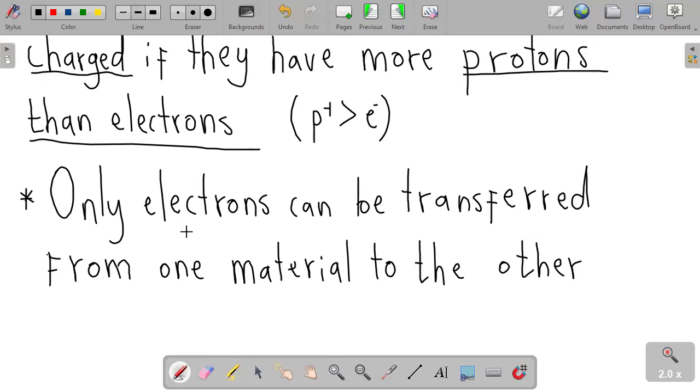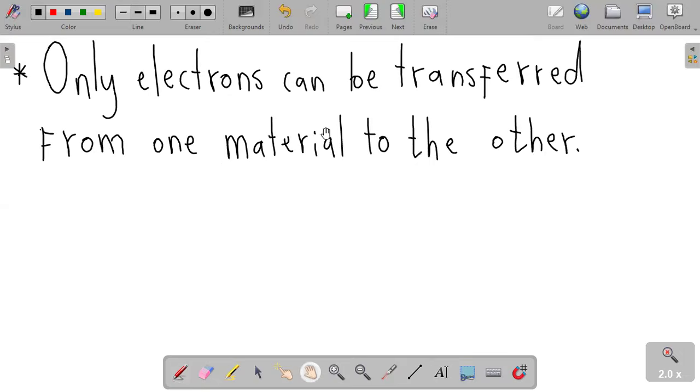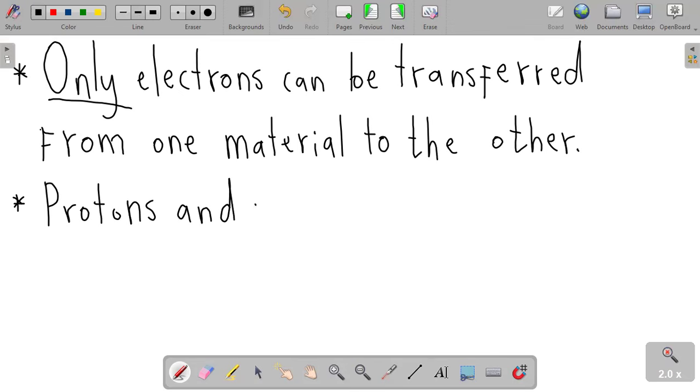Of the three types of particles, it's only electrons. Protons and neutrons